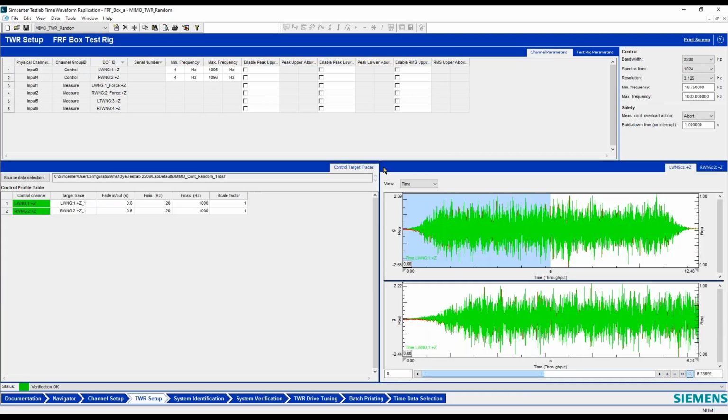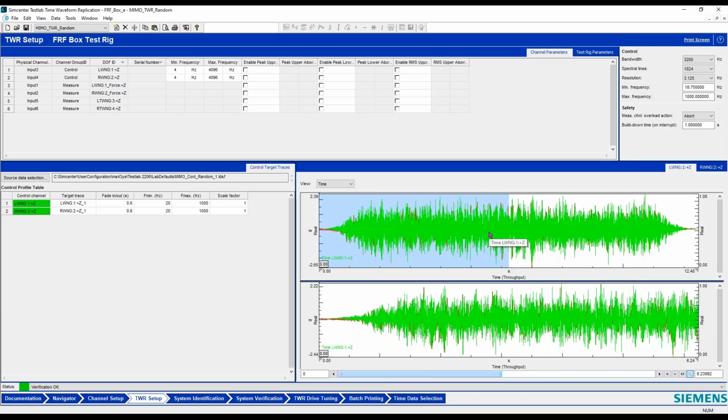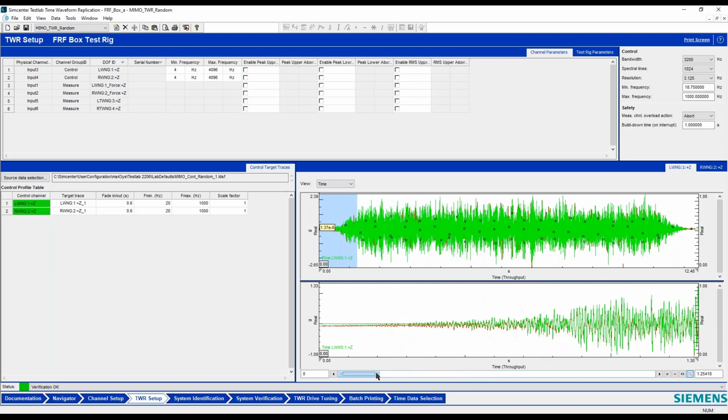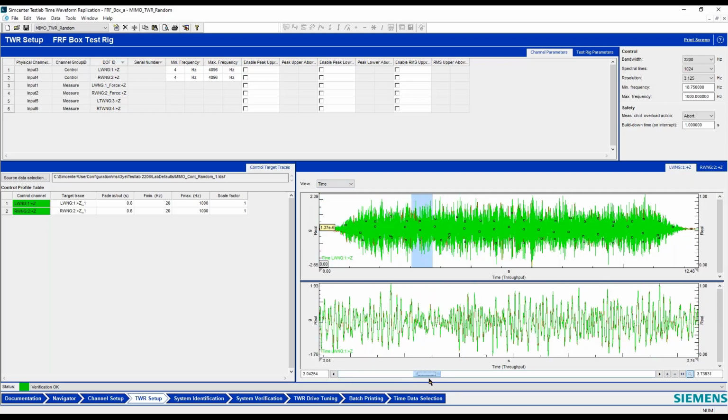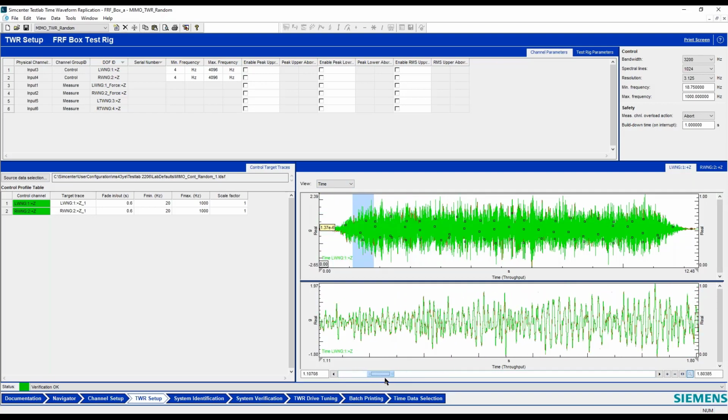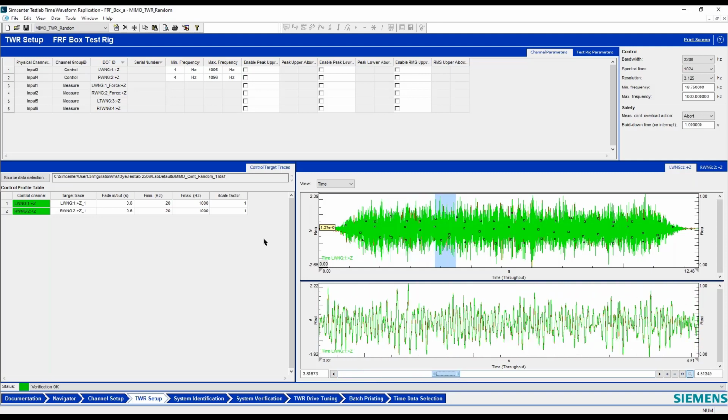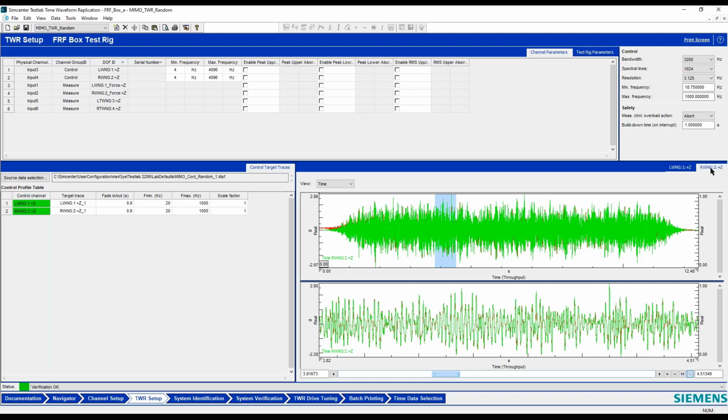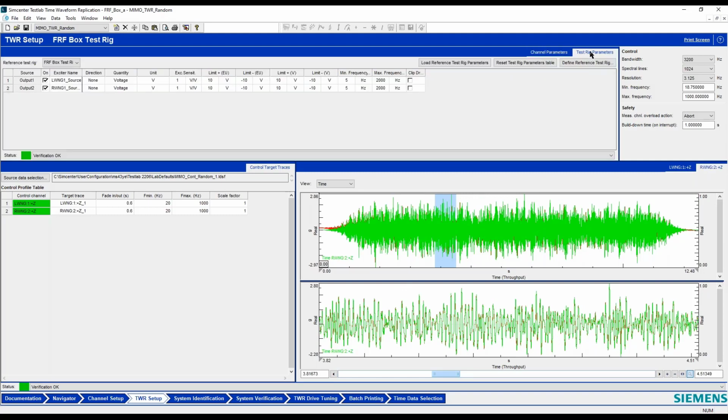So I've got two control signals, sensors, accelerometers, and I can look at these control signals if I zoom in on this a bit. So you can see I've got a little build-up time, and then this is my target trace for response 1, and then target trace for response 2. Look at my rig setup here. Those are for my shakers from 5 to 2 kilohertz.